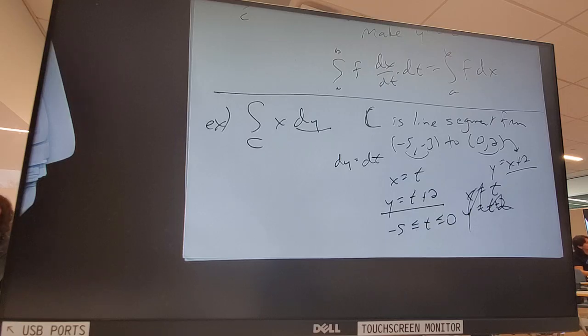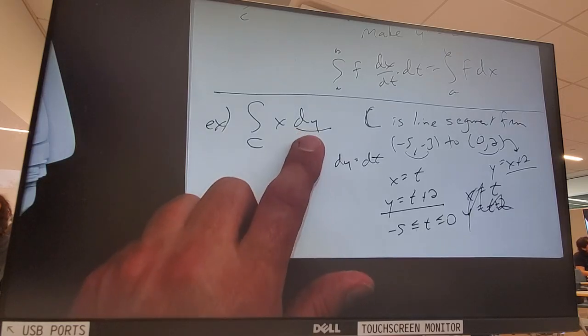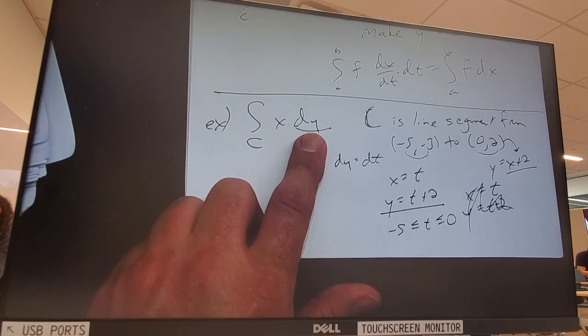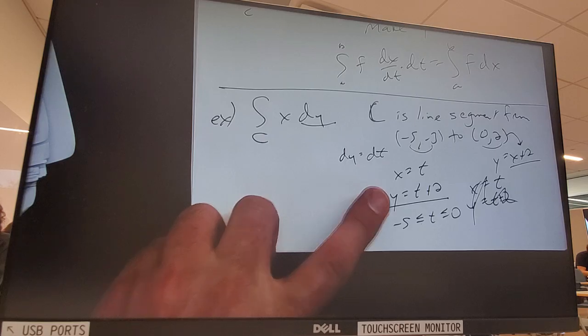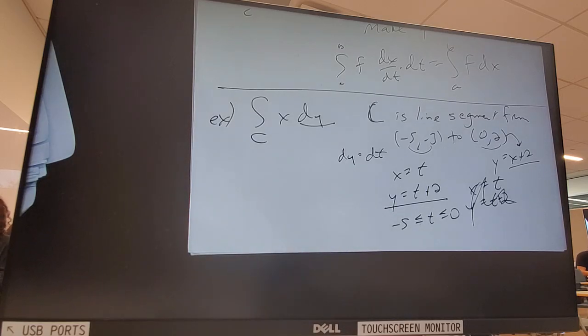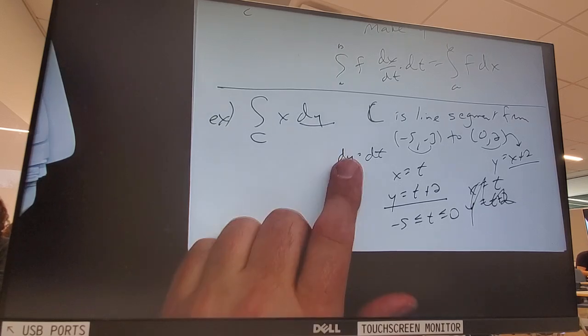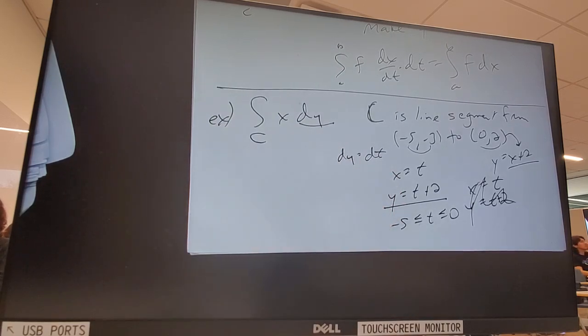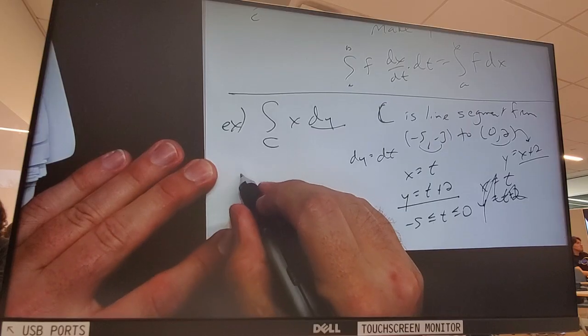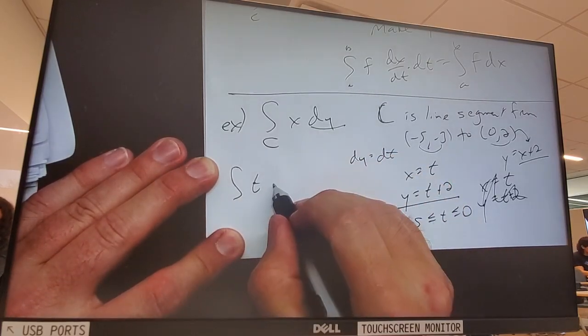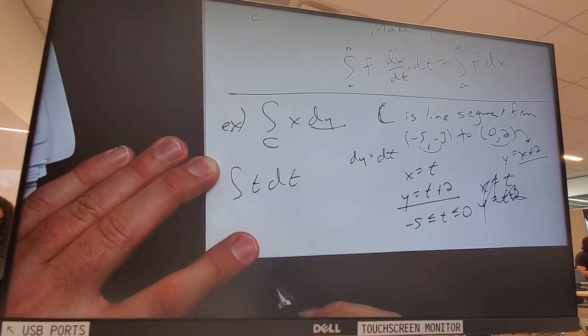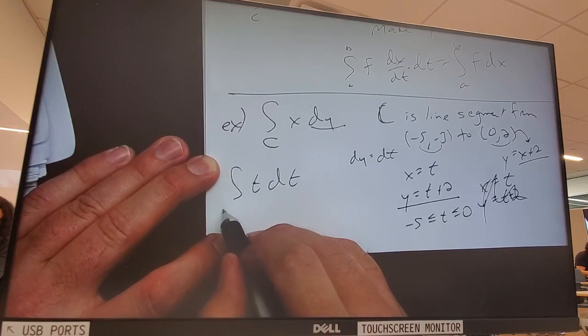So this way is better, but it's not going to happen too often where I just have one direction that I'm worried about. When I am, that kicks so much ass. I can go straight off of this. I don't have to do the radical business because I don't have two directions of motion to consider. I'm ignoring one of them. In this case, I'm ignoring the x direction motion, yes? And then what's x again? T. And dy is dt. And what's it going from to? -5 to 0.